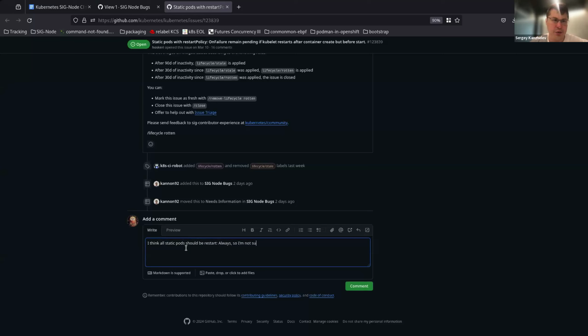Yeah. If they can share the use case for on failure, it will be nice. But we're even removing run once kubelet mode, and run once was used to run containers to completion. Right.